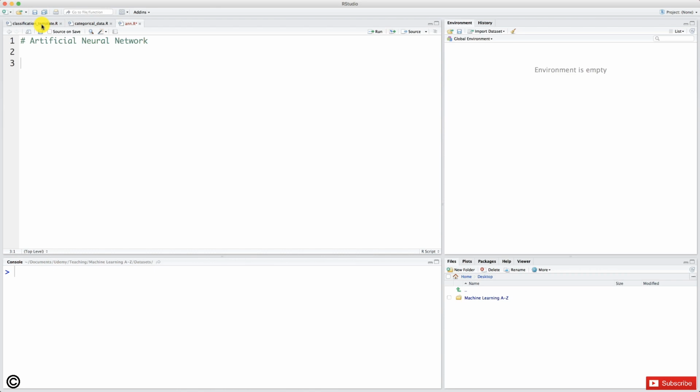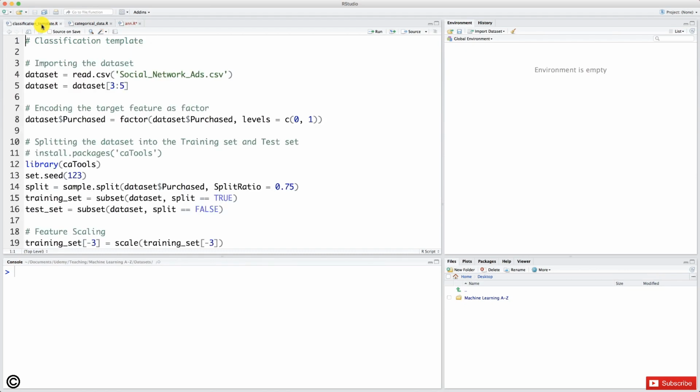And so, okay, we're going to build a deep learning model, but this deep learning model is going to be nothing else than a classification model. And that's why we are going to use our classification template that we have here, and that will save us a lot of time to build our artificial neural network. And besides, we want to focus on the deep learning model itself, so we will get there very quickly thanks